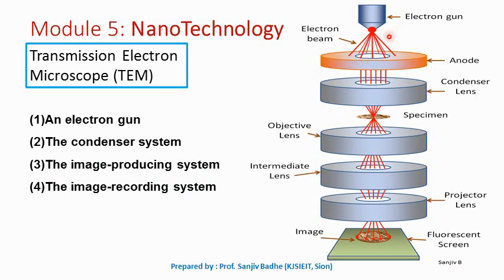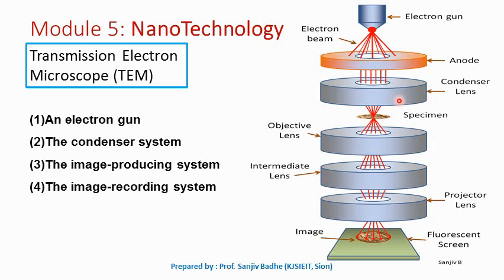The electron gun produces an electron beam. It is a cathode in the form of a heated tungsten filament. So electrons are emitted. These electrons are accelerated towards the sample with the help of this anode, which is kept at positive potential. This anode is provided with an aperture in it, so the electrons can pass through this aperture.